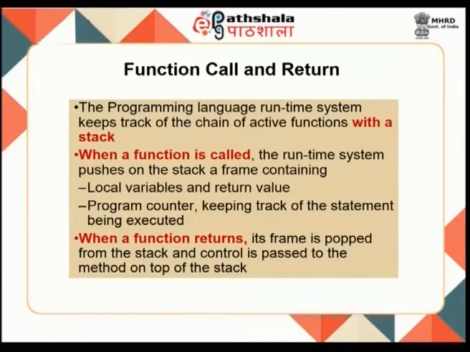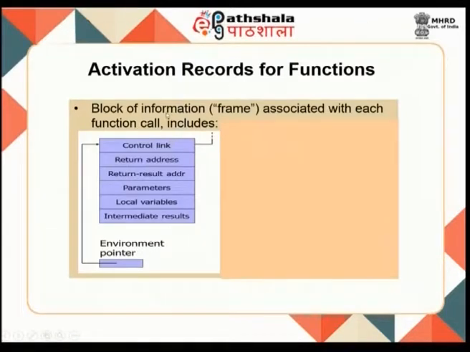And when a function returns, its frame is popped from the stack and the control is passed back to the function that called the other function, which is on top of the stack. So, where we store that frame is called an activation record. So, for functions we have activation records. The block of information, the frame associated with each function call, includes the so-called